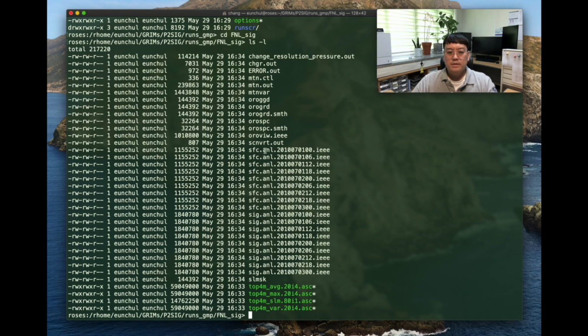The surface analysis date and IEEE, and sigma analysis date and IEEE from 2010 July 1st to July 3rd. Okay, so these are very brief instructions for how to make these IEEE files, which can be used as the input data for the CRIMS. Okay, so